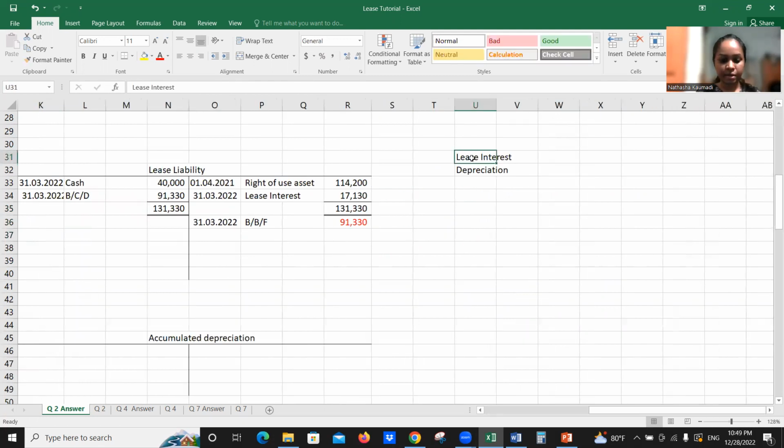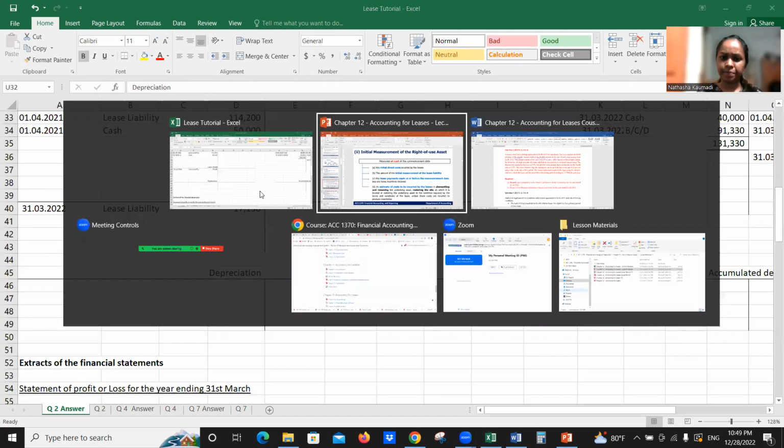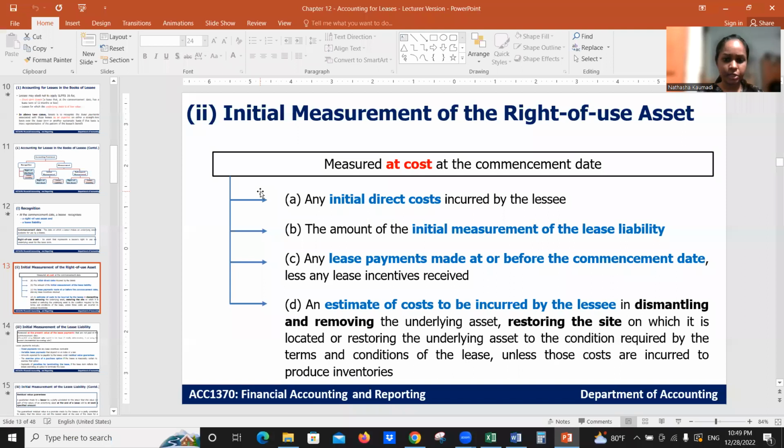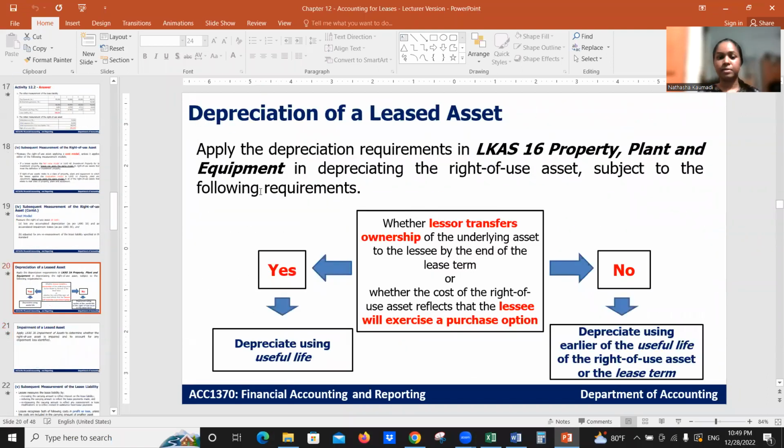Now, lease interest done. What is left? You need to get the depreciation. Now, how to do the depreciation? There's a way of doing it. If you can remember slide number 20, when you depreciate right of use assets, when you depreciate leased assets, there are conditions you need to recognize. What are those conditions? Whether the lessor transfers ownership of the underlying asset to the lessee by the end of the